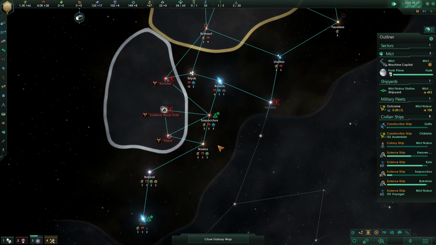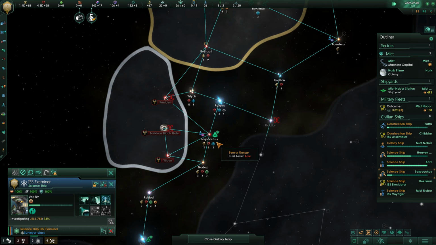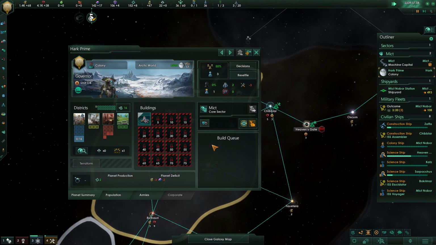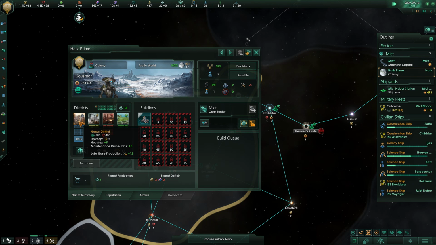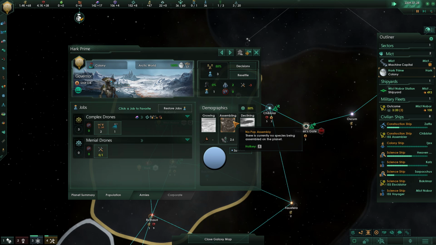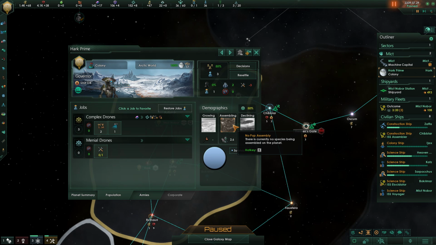Alright, leaders gained a trait. Planetary surface settlement established. Heyo, new colony has been founded. Microsingularity. Very, very good. And immediately short on amenities. I think the first thing we're going to build here is the Nexus District. Actually...